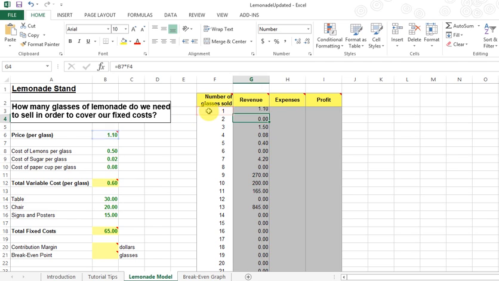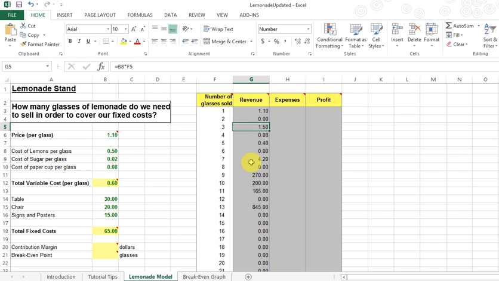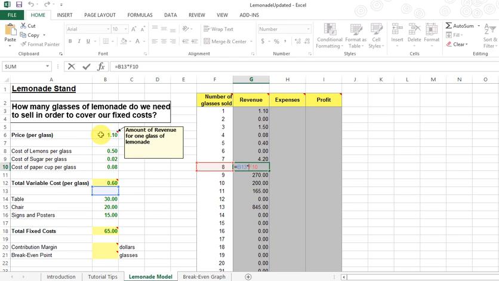Let's go down and double click here. This blue box is moving, and this red box is moving as our formula is propagated. If we go all the way down here, we can check it out. This blue box is nowhere near where we want it to be. We want it to be fixed in B6, but we want this pink box to move as we propagate the